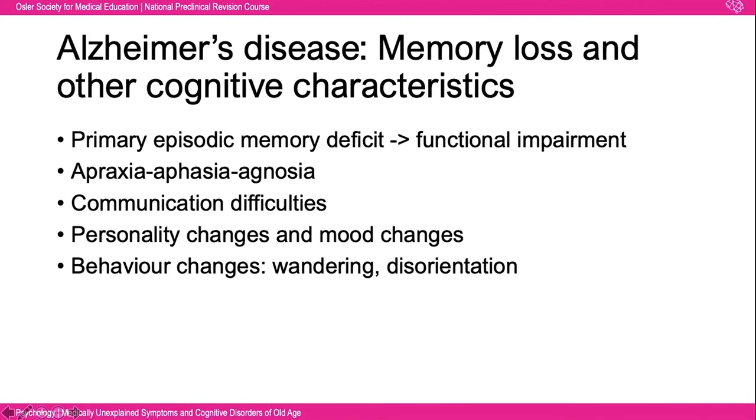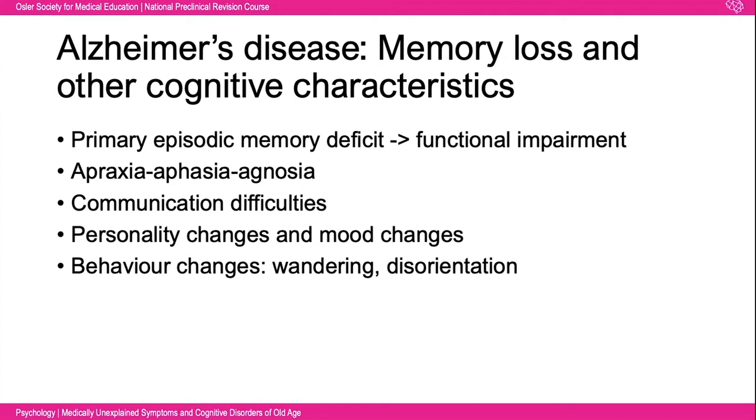So now we're going to look more specifically at the characteristics of Alzheimer's. So there's a primary episodic memory deficit, which means difficulty encoding new information, which affects life in many ways, such as communication problems, not recognizing safety hazards, and causing behavioural problems. There's the loss of hippocampal volume over time, although the rest of the brain is also deteriorating over time.